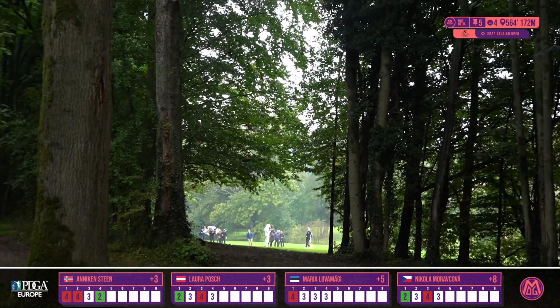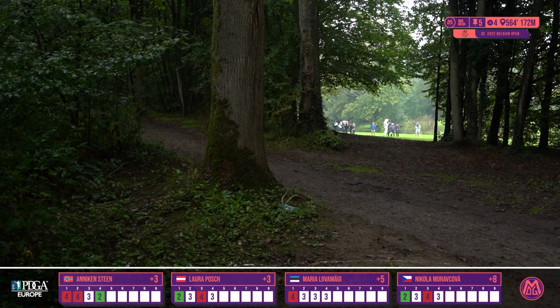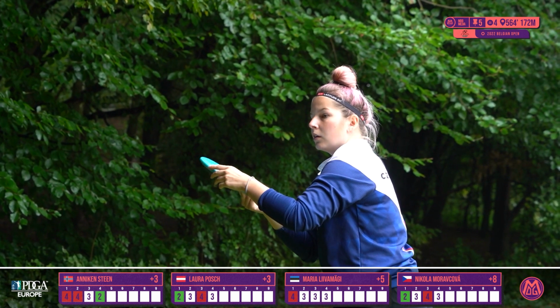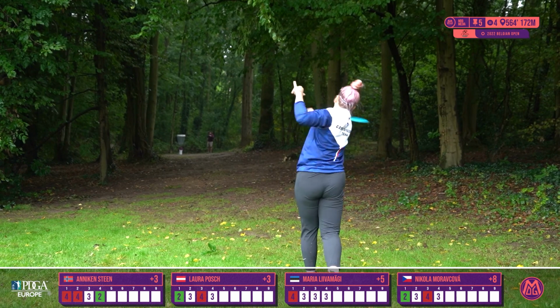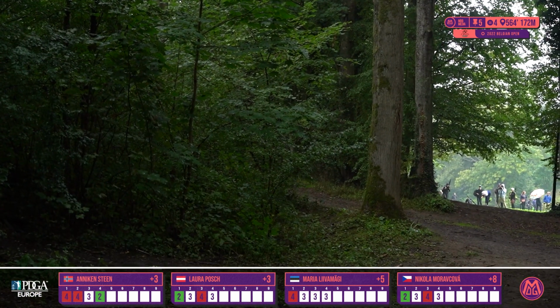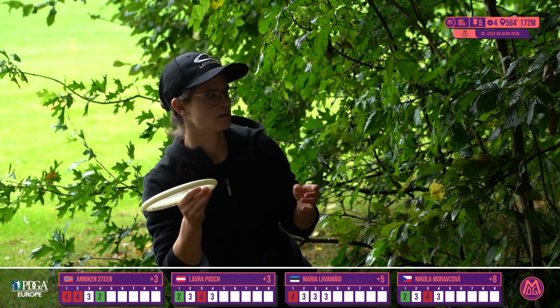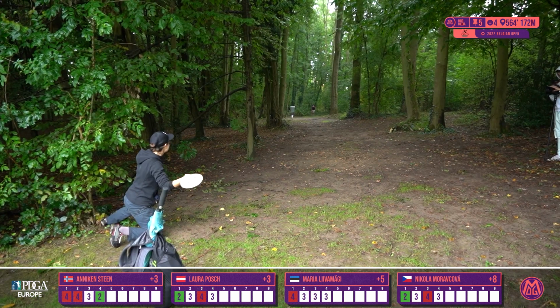Anniken, great move on this one. Just catches that last guardian tree, but gets it to curl around it, so she will have a circle 2 putt for birdie. Great work there. A little bit right out of the hand there from Nikola, but see what the lie looks like. Not too sure if she'll have a putt or not, but